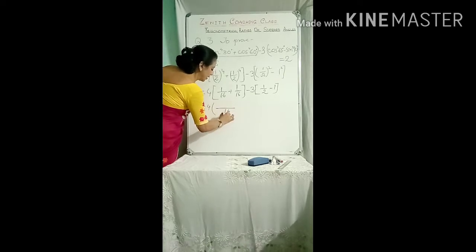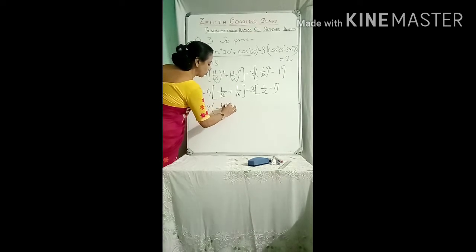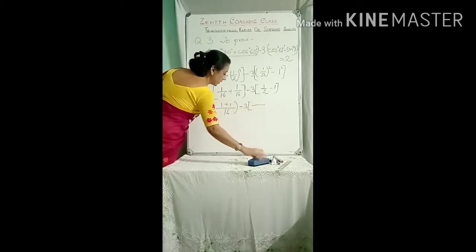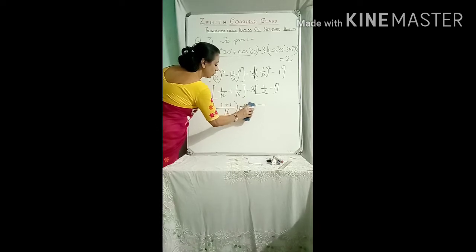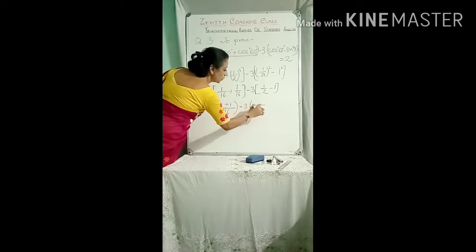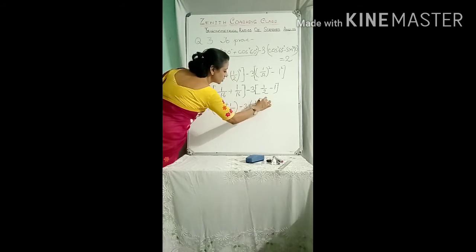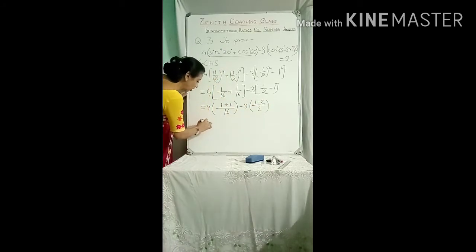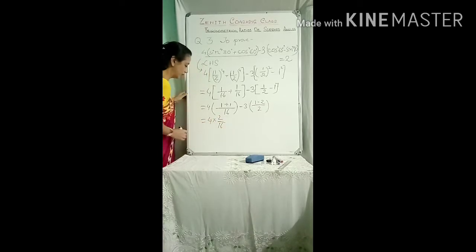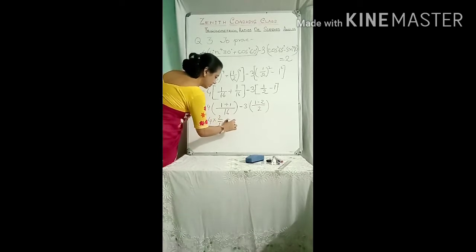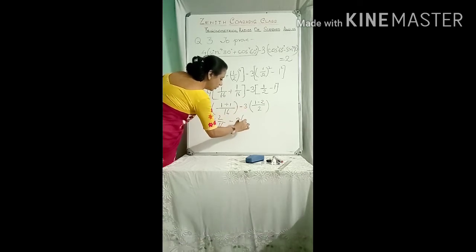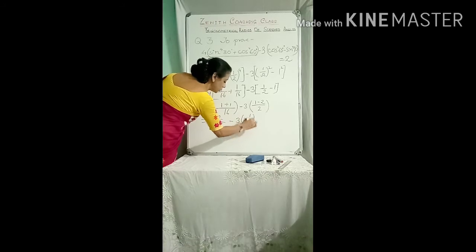16 is the denominator. So 1 plus 1. Minus 3 into 2 is the denominator. Don't write the third bracket here. Put the first bracket. So 2. Then 1 minus 2. So 4 into 2 by 16. Minus 3 minus 3 minus 1 by 2.